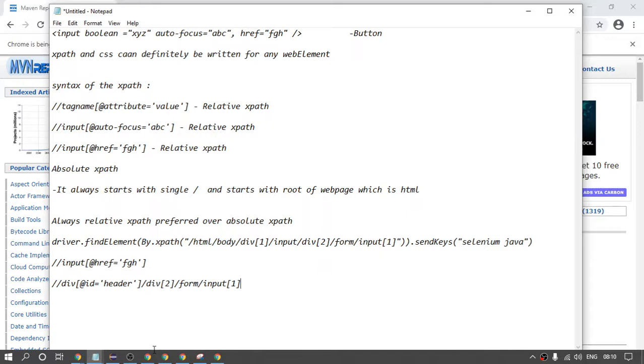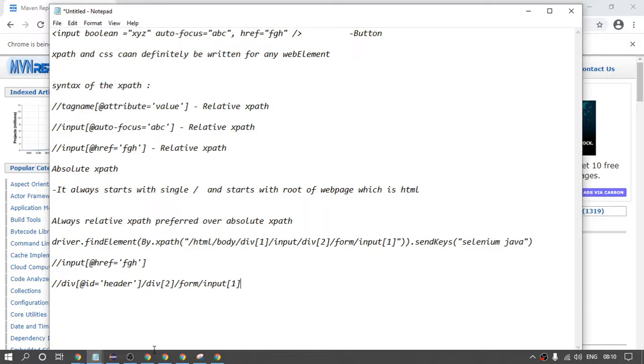Sumit, I have one query. Suppose I have to traverse from child to parent, is this possible? Yeah, it is possible. Basically in XPath you can travel from parent to child as well as child to parent.